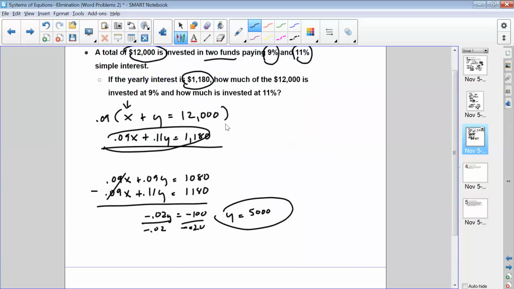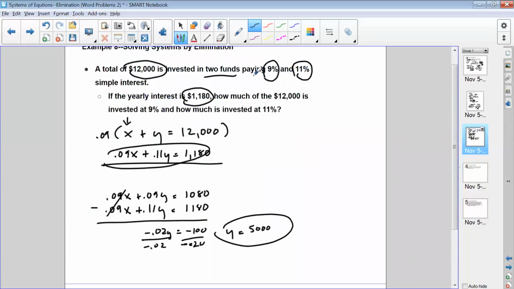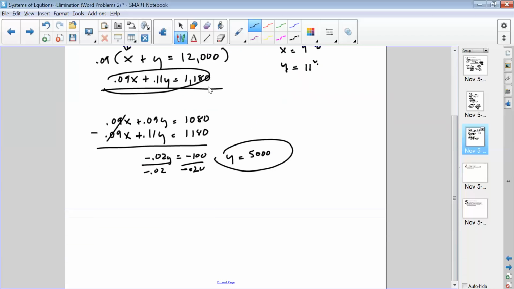Well, so much we invested in the two funds, and so Y being, if X is the 9% and Y is the 11%, we invested $5,000 in the 11% fund. So